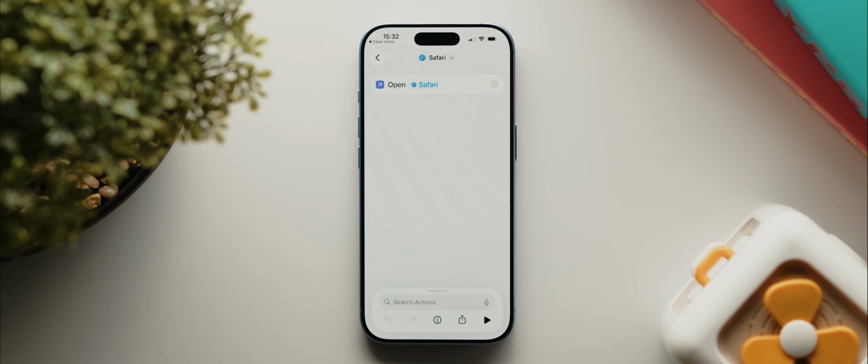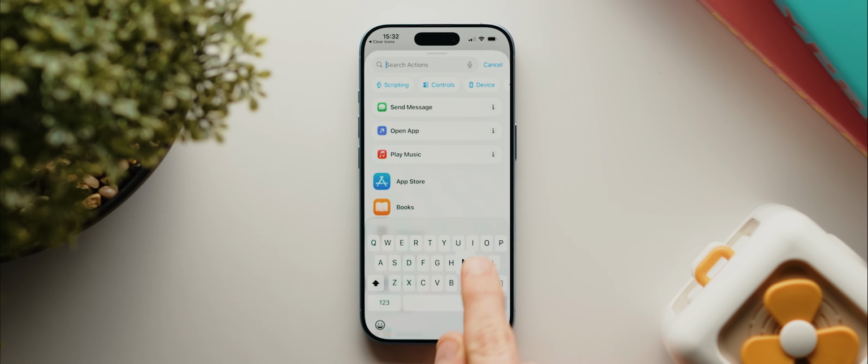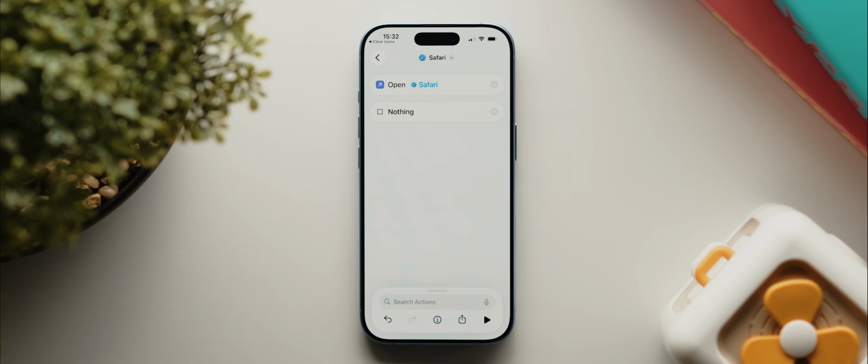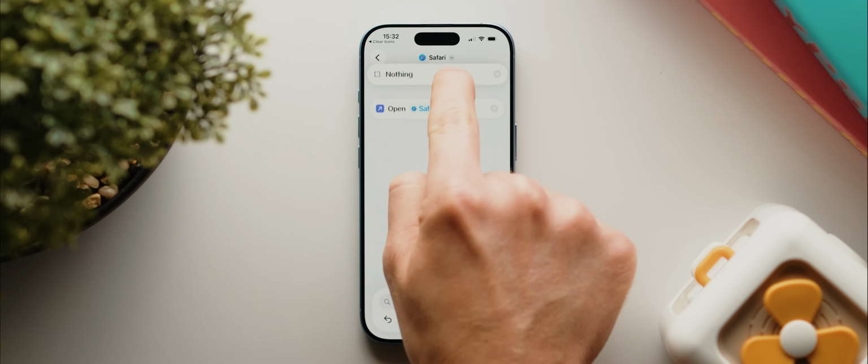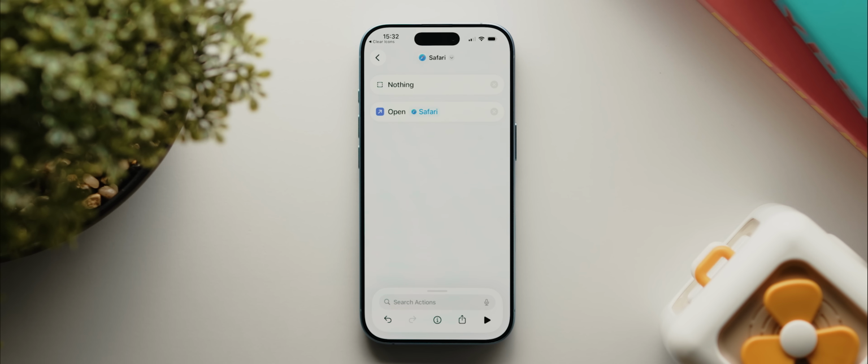And quick tip, if you're using a phone without a dynamic island, like the iPhone 16e, for example, if you want to stop those annoying shortcut banners that show every time you launch a custom icon, then just search for the action called nothing, add it, then drag it above the open app action, and that will stop those banners from appearing. I'm going to remove that though for this example as I'm using the iPhone 17, but then from